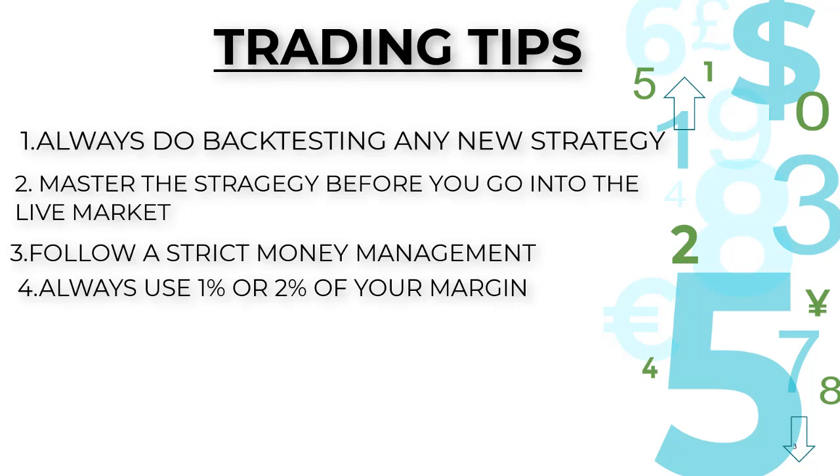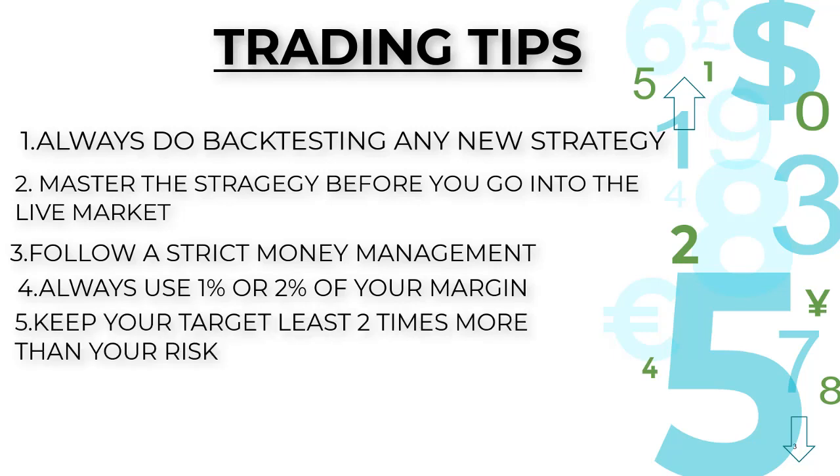Always keep your take profit, your target, 2 times more than what you're risking. Don't ever try to catch small pips or small volatility. Always look for longer volatility or a longer trend, and keep your take profit more than what you're risking. If you're risking 1%, keep your take profit at 2%. So even if you lose 2 trades and win 1 trade, you can still remain profitable. This is why risk management is really important in trading. Even with 50 to 60% accuracy in a strategy, if you have proper risk management, you can generate good profit.